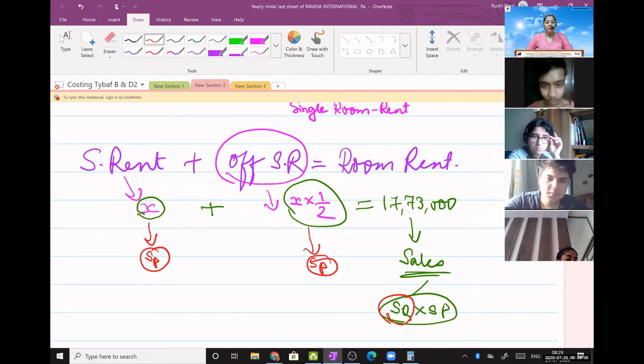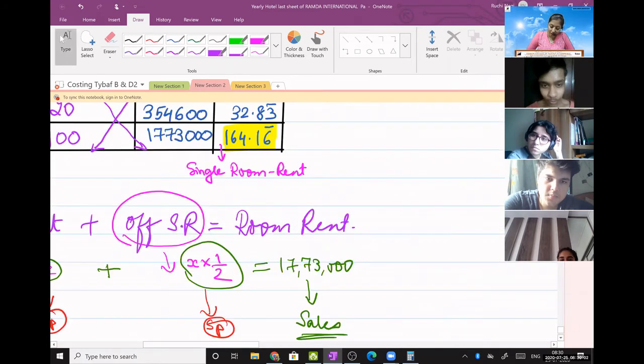See, these sums become easy when you do Kaushik. Kaushik में क्या होता है? Quantity sold, quantity produced दिया रहता है. So there we don't have to think much. Selling quantity multiplied with selling price gives that sales. What about here? Prachi said 10,800. Yeah, Prachi, very good. So that is our selling quantity. Number of room days, our working note number 1. Okay, this one I'm talking about. ठीक है, अभी समझ में आया?